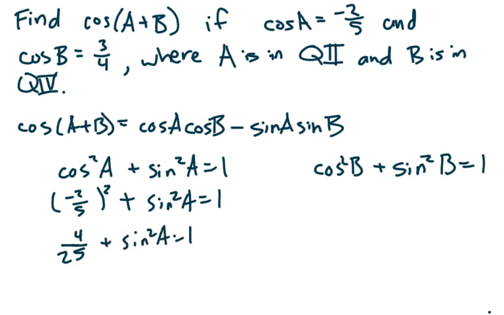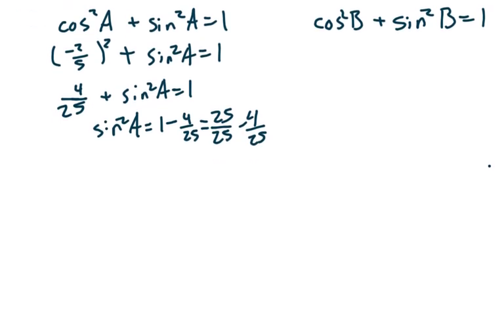Right? And then we subtracted 4/25 from both sides. Sine squared a equals 1 minus 4/25, getting a common denominator that's 25 over 25 minus 4 over 25. 25 minus 4. Sine squared a is 21 over 25, which means that sine,